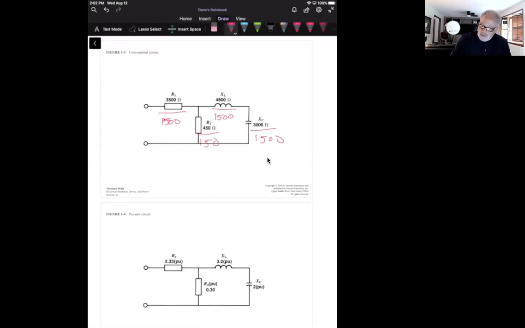Again, these are per unit values. They come out with no units associated with them. They're a number to compare to the base. Base is equal to 1500 ohms. All right, so if I go through and do these calculations, I divide 3500 by 1500, and this by 1500, and this by 1500, and this by 1500,